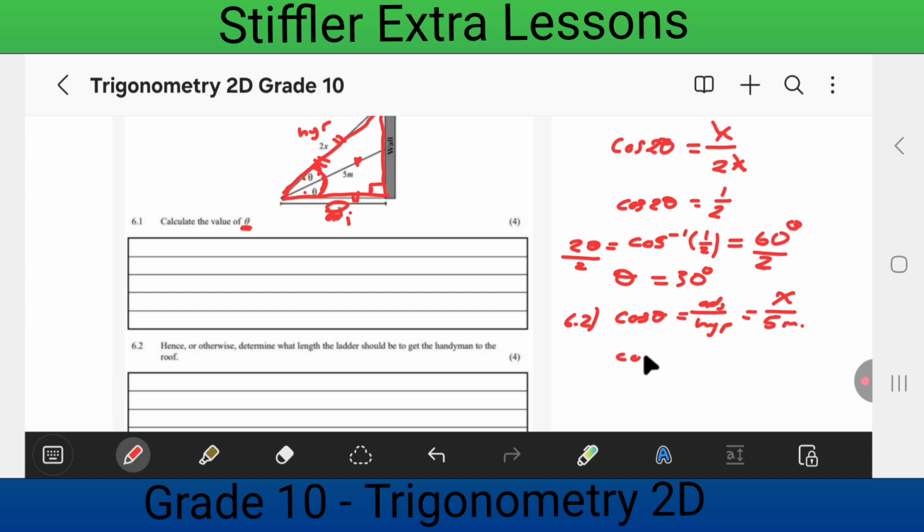This will be cos of 30, because the value of theta was 30 degrees from above. You can see that. So this is equivalent to x over 5 meters. So we can multiply both sides by 5 meters to get rid of 5 meters this side. So which means that our value of x now becomes 5 multiplied by cos 30, which gives us